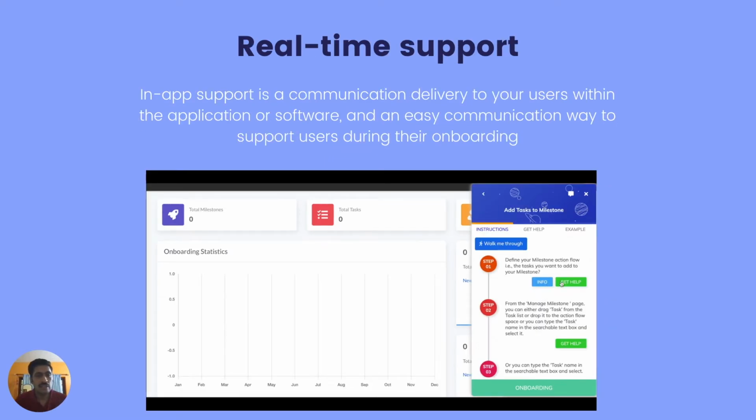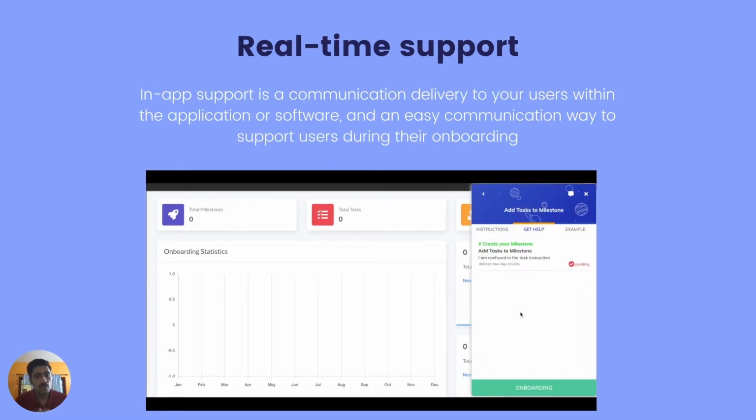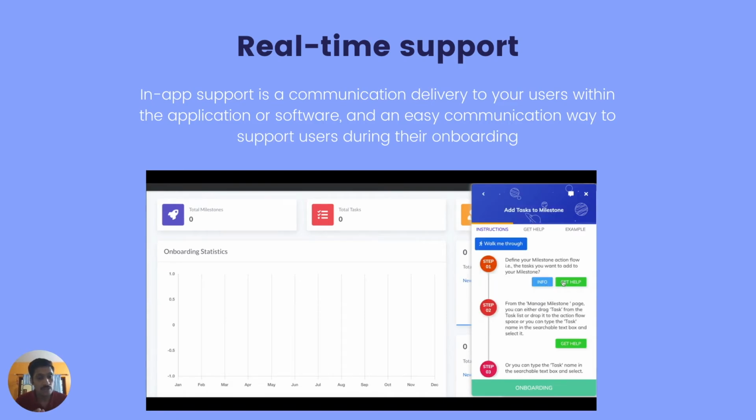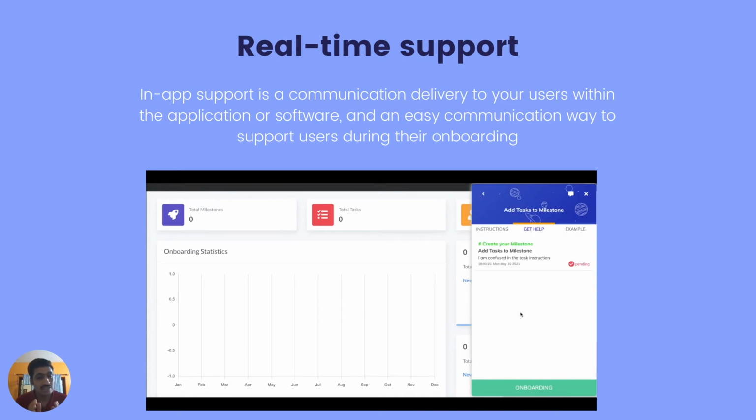And the third one is real-time support. In-app support is communication delivered to users within the application. Even though you have provided contextual guidance and a guided product tour, there is still a chance that a few users may require assistance from someone on the customer success or customer support team.